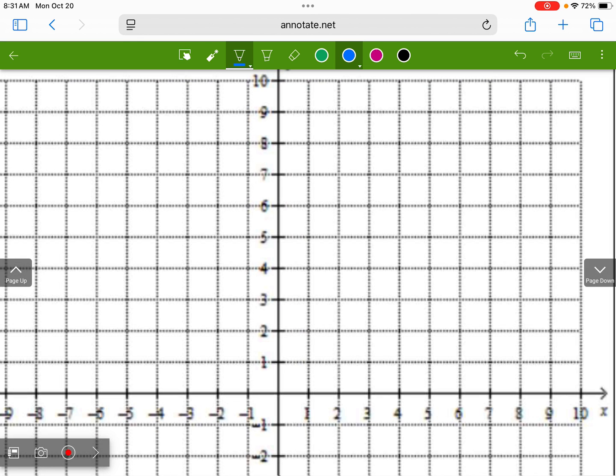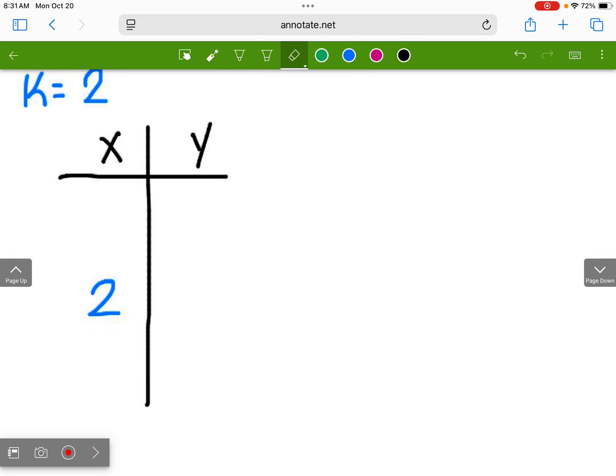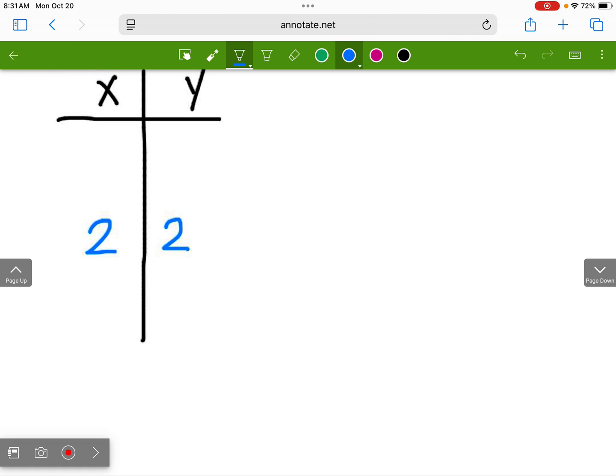I know where my vertex is. It's right here. To get more points to plot this up, we have lots of options on how to fill this table in. I'm just going to rewrite that too. But honestly, the easiest way to go is usually to just find a couple of numbers bigger. So maybe grab 3 and 4. A couple of numbers smaller, maybe 1 and 0. And substitute those into our equation. There are other ways to do it, absolutely. But I could just take these numbers